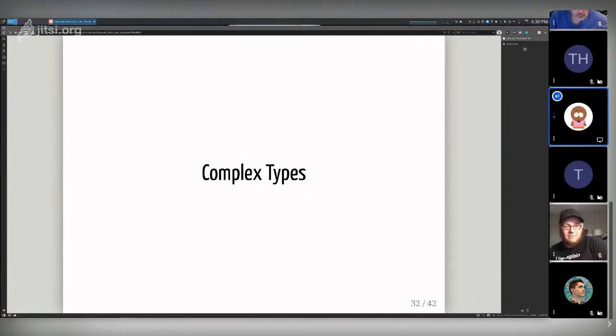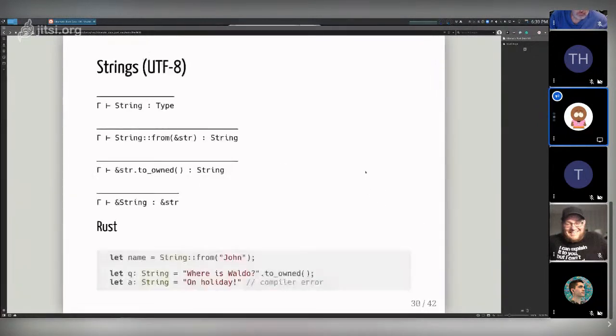What does gamma turnstile mean? Interpret it just like a bullet. I can elaborate on that. I think this is kind of important, but also not as important. So gamma here represents the type universe, or the type context, right? And so this is called a type judgment.